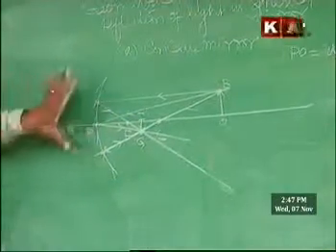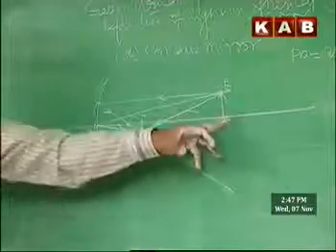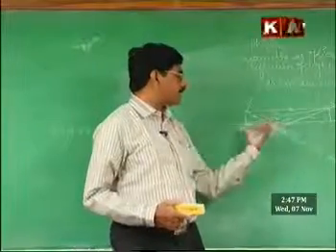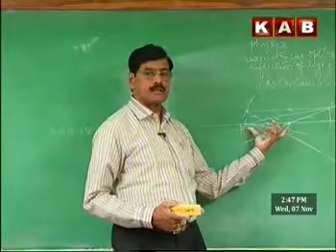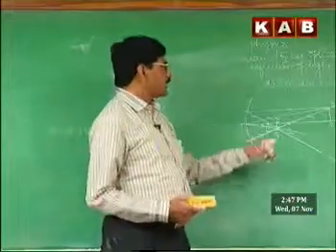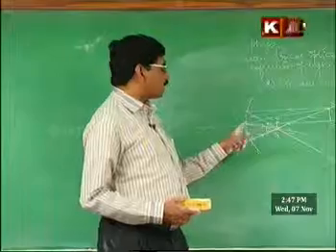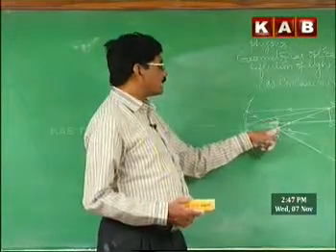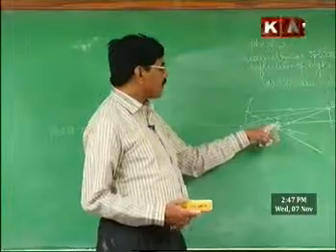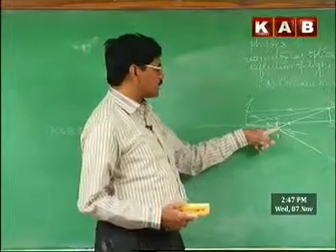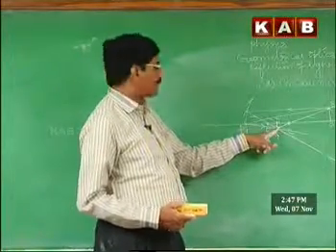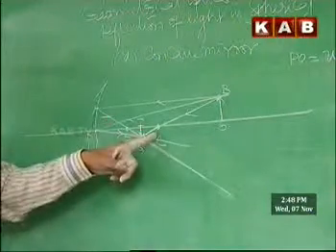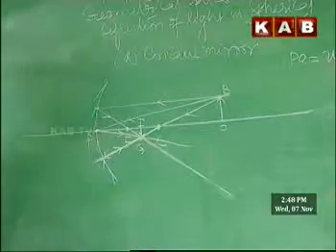So therefore from this what we can conclude, if the object is beyond C, means if the object distance is more than the radius of curvature, the image will be in between focus and center of curvature, and the image will be inverted. Real image, because image rays are convergent, meeting at this point. Real, inverted, diminished image formed between F and C corresponding to the object.